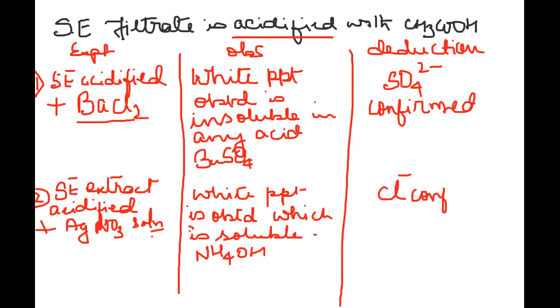Again, I am telling you, remember, one salt will have only one anion. Suppose the salt given to you is magnesium sulfate, then when you do this test, you will not get any positive result. You don't have to report the negative tests in the answer paper or in your copies for salt analysis. You only report the positive tests where you are able to identify an anion or a cation. Only those tests you will write. In the case of cations, of course, the system is totally different. There you have to proceed in groups. So we'll come to that afterwards.